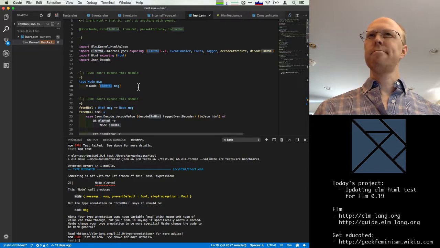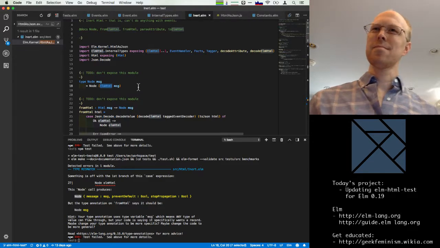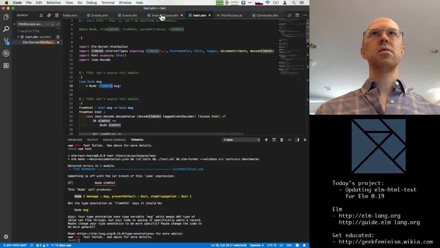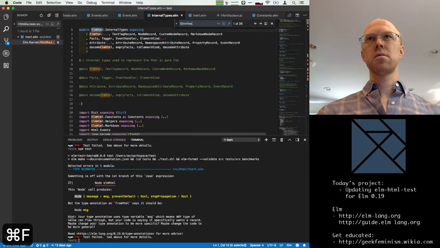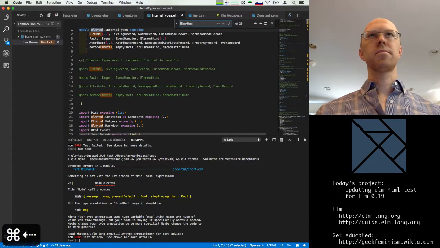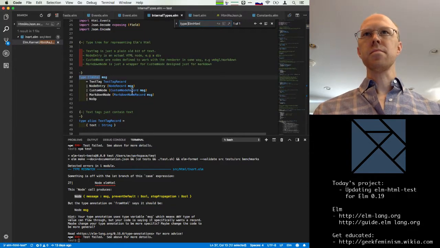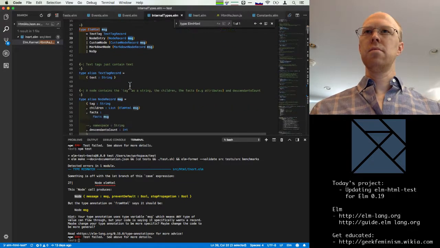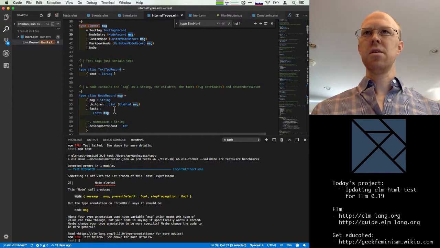I'm feeling like we should pass this up a bit further. I think elm-html itself in internal types should probably allow this stuff in here.